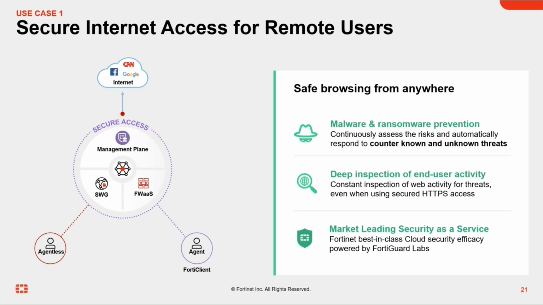So secure internet access for remote users is part of the agent that is deployed. So it provides the malware, it provides the ransomware prevention. So looking for those known threats, but also the capability for those zero-day threats when we start integrating with the sandboxing capability. One key thing in this day and age for any security vendor, pretty much 95% of the public traffic on the internet is now encrypted. So what we can deliver with the SASE offering is that SSL deep inspection.